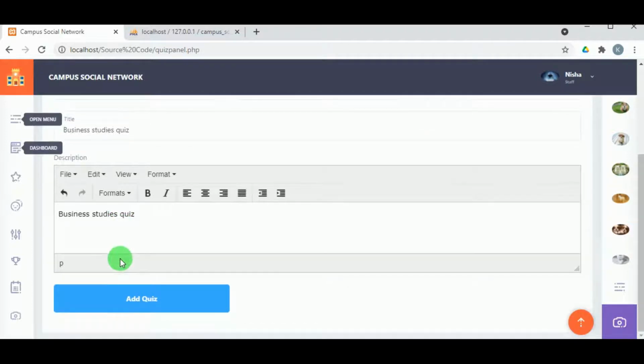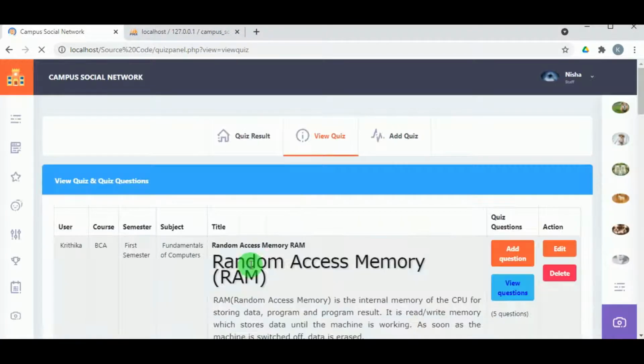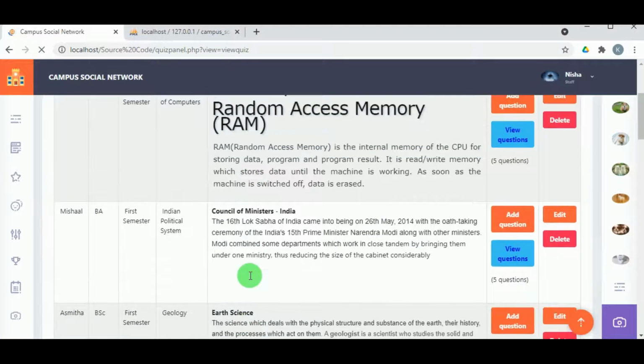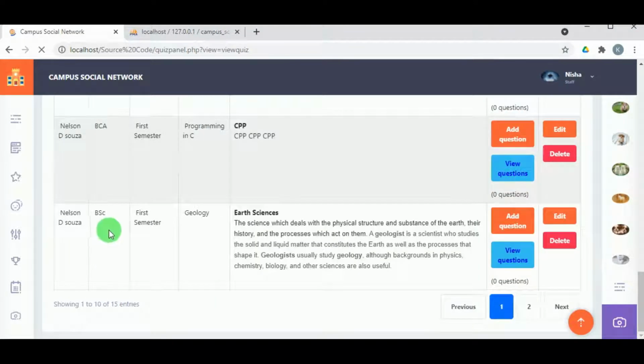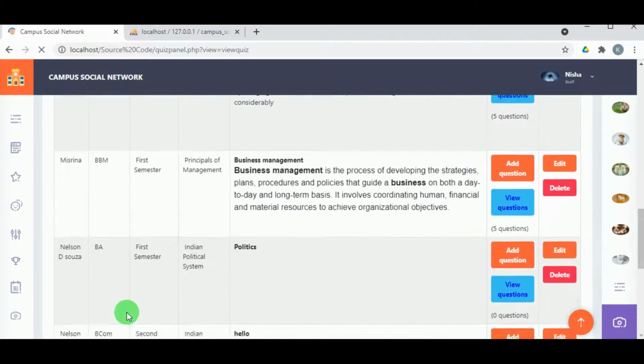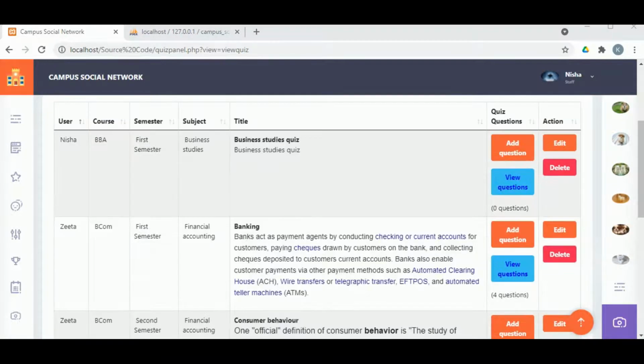Clicking on add quiz will add the quiz record, and for this quiz record any of the staff can add the questions. So you can see different quizzes with different numbers of questions.